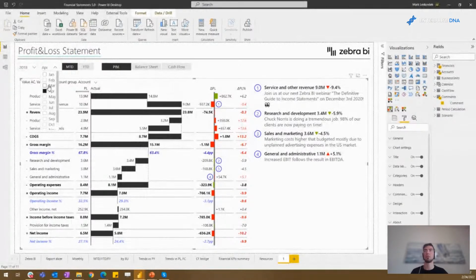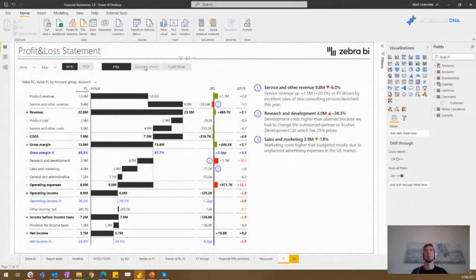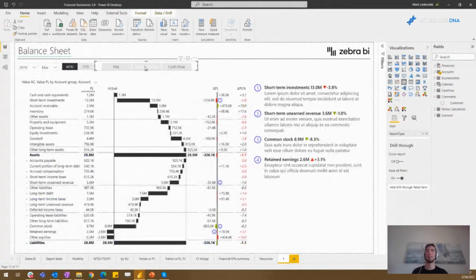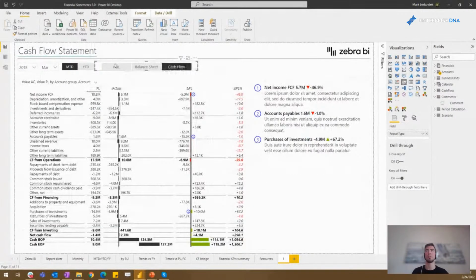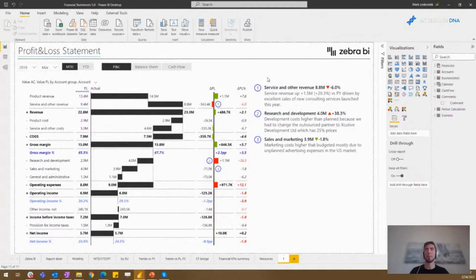And if I now switch to a different time frame, you'll get different comments. If you switch to, let's say, a balance sheet, you'll get the balance sheet comments and so on. If you switch to cash flow, we can combine all three financial statements in one visual, just like that. So adding these comments is a really important part,